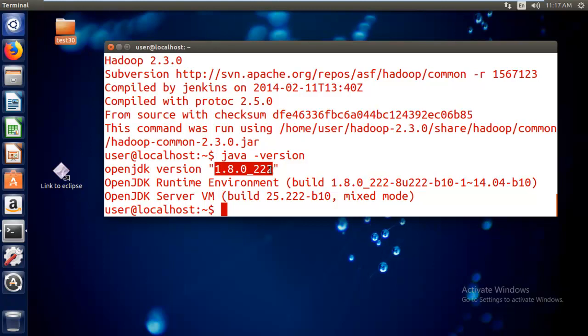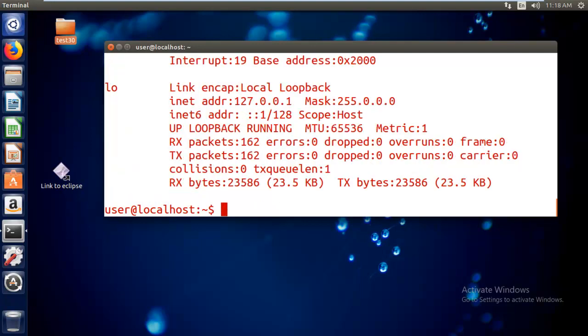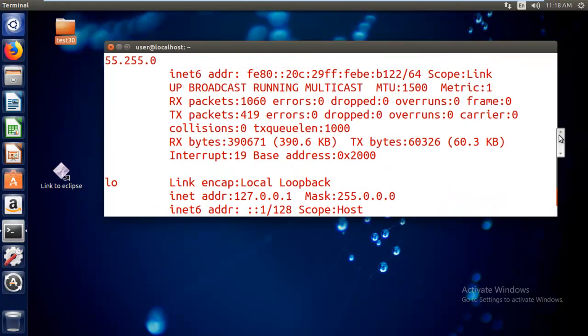That's fine. Now similarly you can get the host name also. Of course it's displayed here itself. Host name is localhost, and if you want to get the IP address of this particular machine, you can say ifconfig. This will give, apart from the loopback IP address, the IP address of this particular machine.